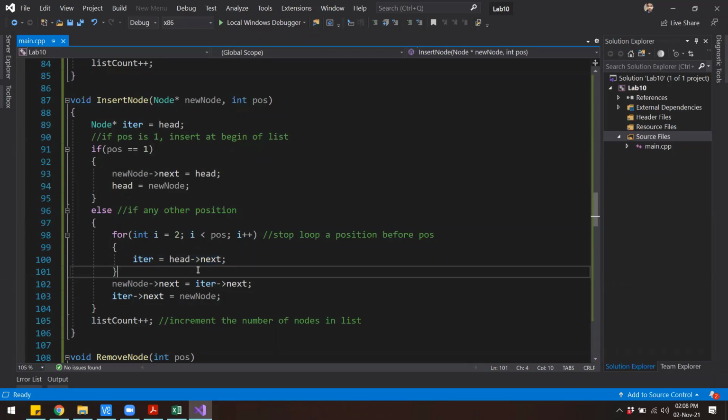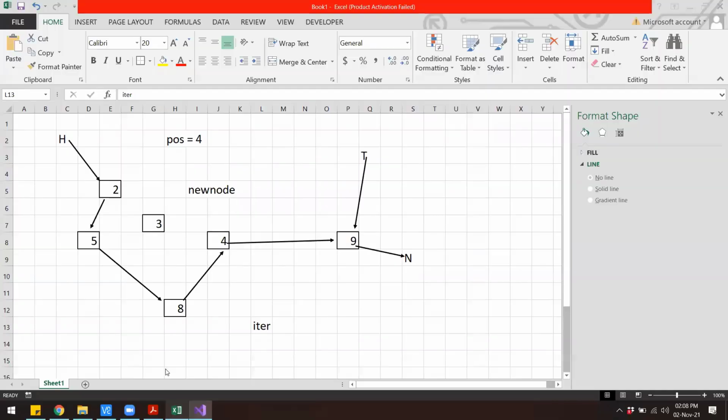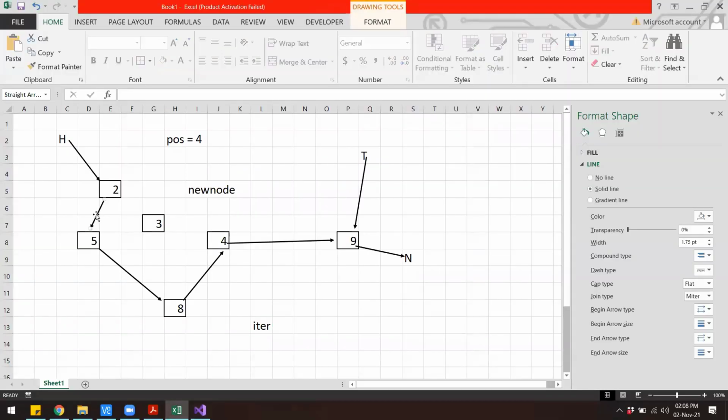So we will fix this code. What is currently happening here is, in every iteration, we are just assigning the next of the head to this iterator. So no matter how many times this loop runs, we will always get access to this particular pointer.